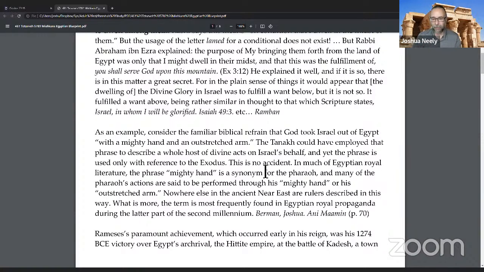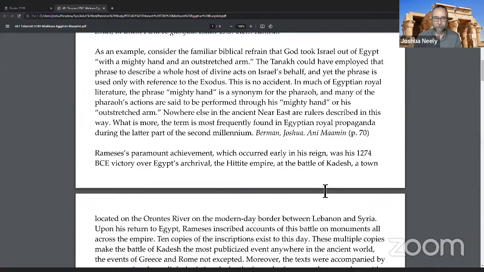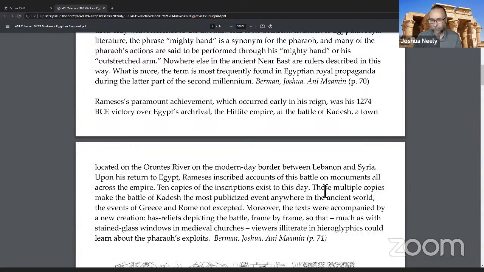However, as he's going to point out, it's not merely a coincidence that the language being used here seems to be drawing a parallel between God and Pharaoh. That is not happenstance. Instead, he draws our attention to a very important battle. Ramses' paramount achievement, this is Pharaoh Ramses, which occurred early in his reign, was his 1274 BCE victory over Egyptians'